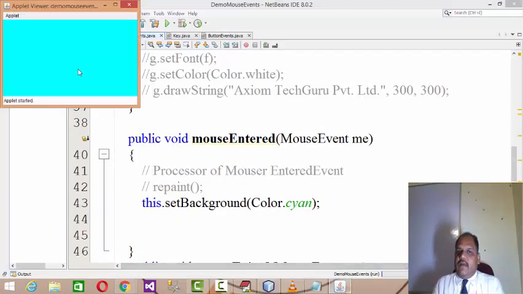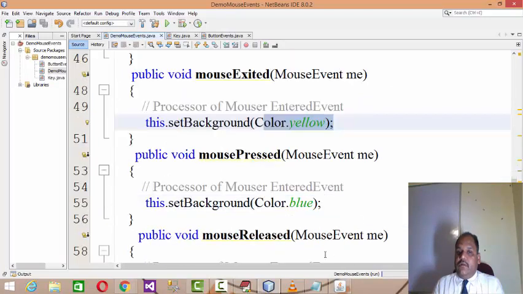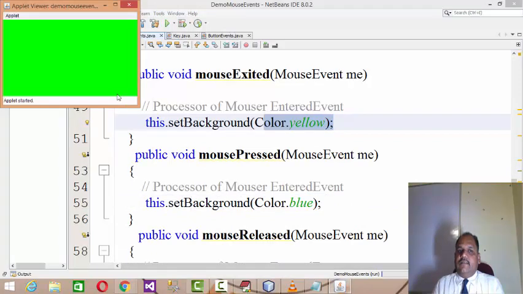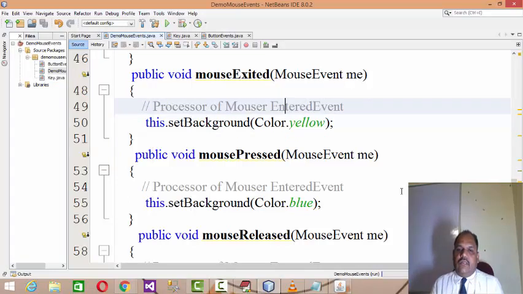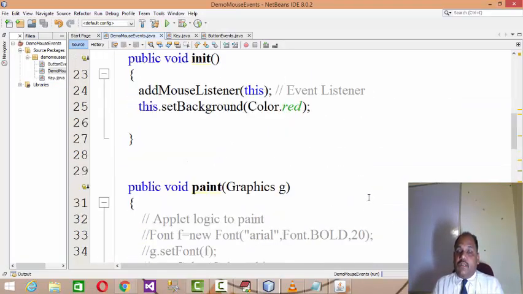Then for mouse released and mouse exited, the background color will turn yellow, and if you use a press, blue, then release and clicked, right? So it means that on the applet window, you are now able to process all the mouse events.